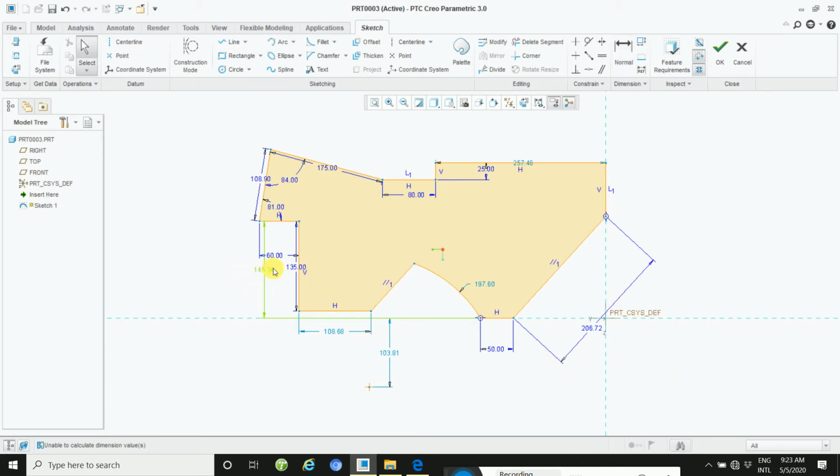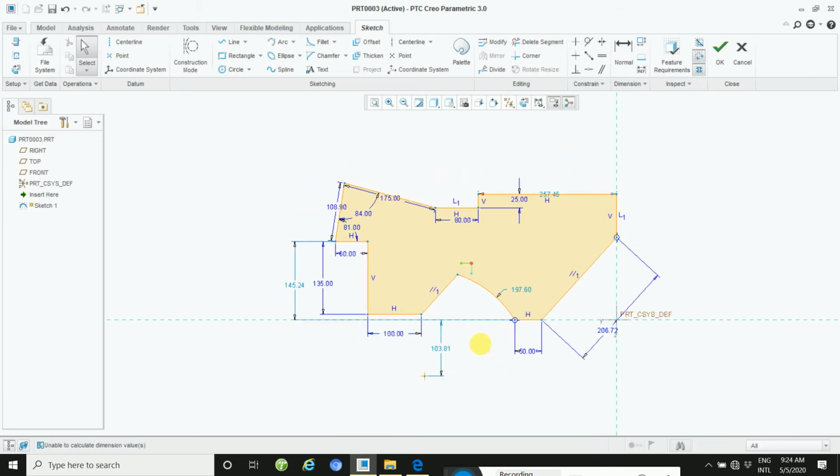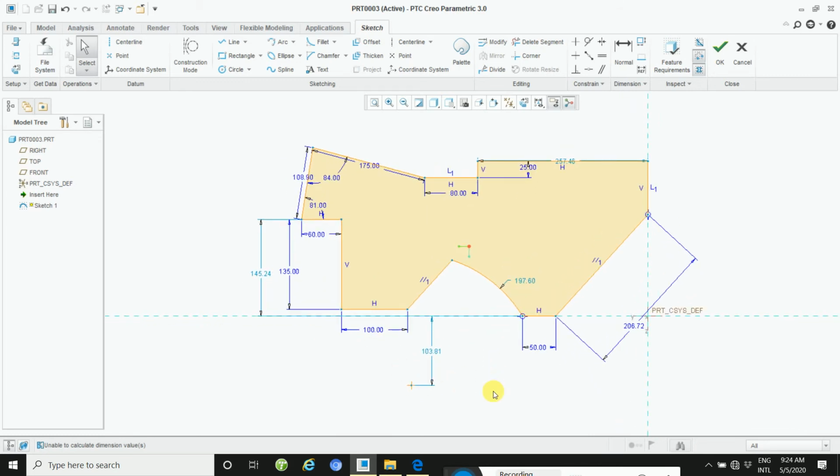no need to define here, because 60 is also adjust, and then okay, and then this distance is 100. Okay, so I think try to, this distance is 100 because parallel to this line.